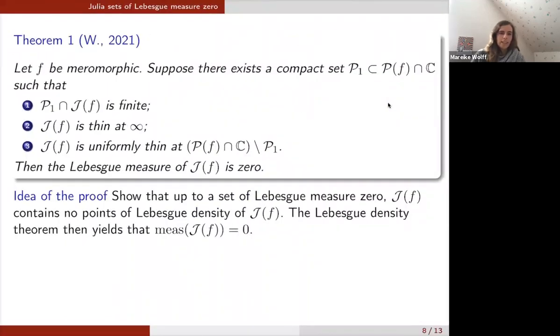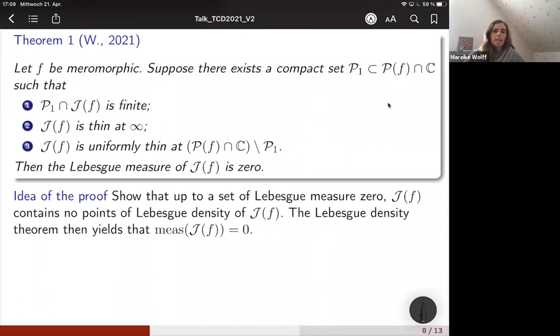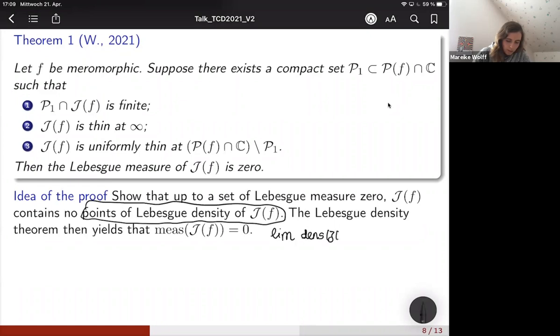Okay, let me give an idea of the proof. The very rough idea is to show that, up to a set which is obviously small, the Julia set contains no points of Lebesgue density of itself, where a point of Lebesgue density essentially means that if we take the density of the set in some disk